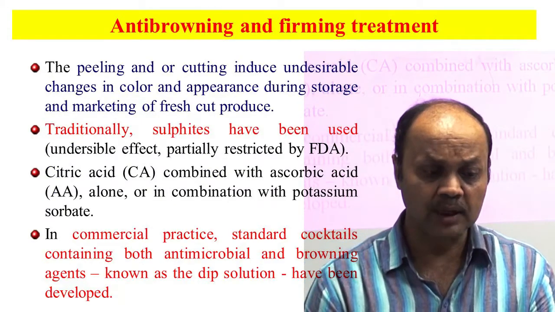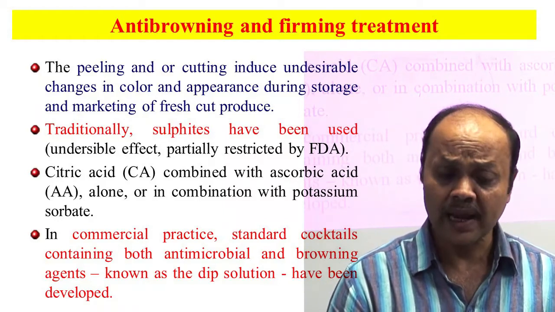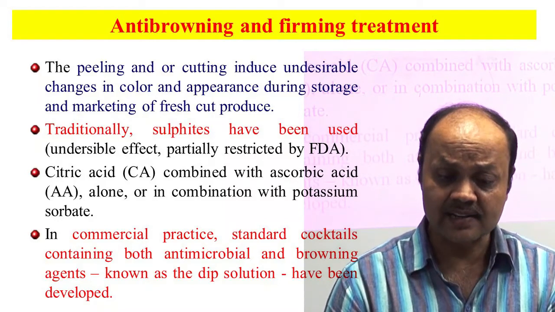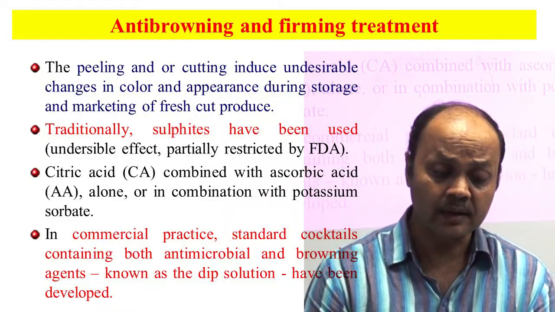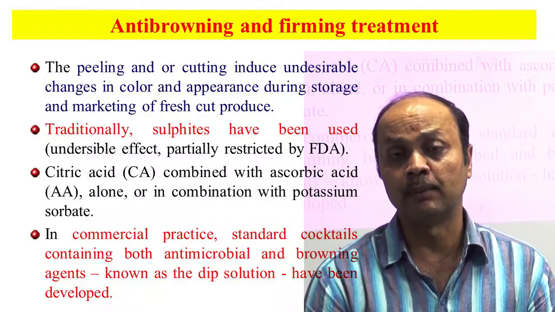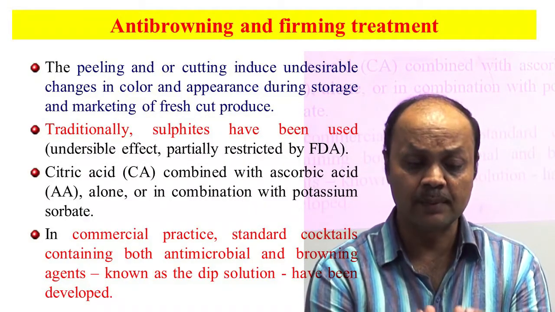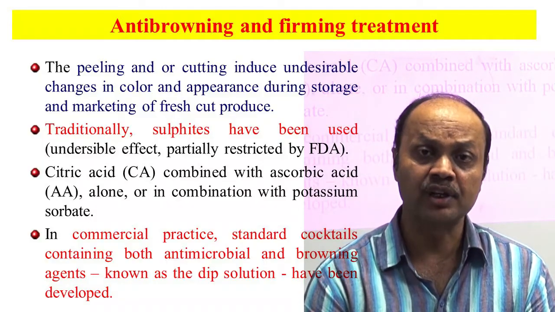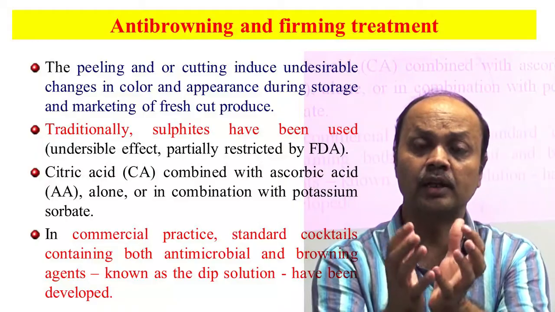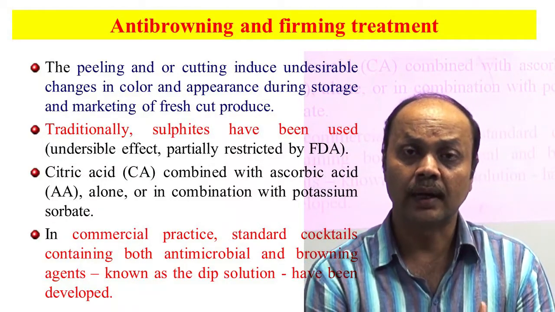Traditionally people use sulfite as an anti-browning agent. A citric acid and ascorbic acid combination is also used. Nowadays a dip solution is already available in the market. The dip solution has a mixture of antimicrobial and anti-browning agents. So after cutting your produce, you dip it in that solution, and after that